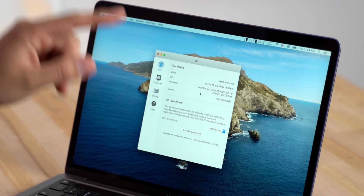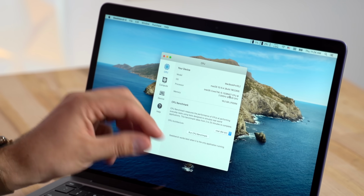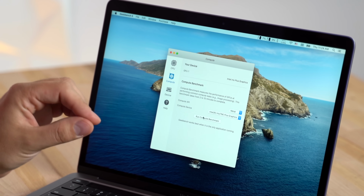Now let's move on to graphics, and some of you guys said that the i5 probably doesn't come with the best graphics. You need to spend the extra money on the i7, but as you guys can see, even the i5 comes with G7 graphics. That's the best one you can get, and that is excellent. Let's go ahead and run this Metal test. And the score is